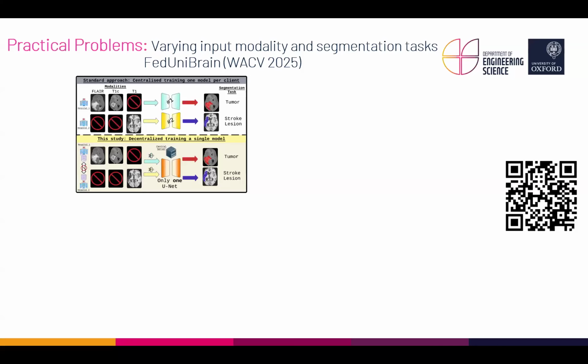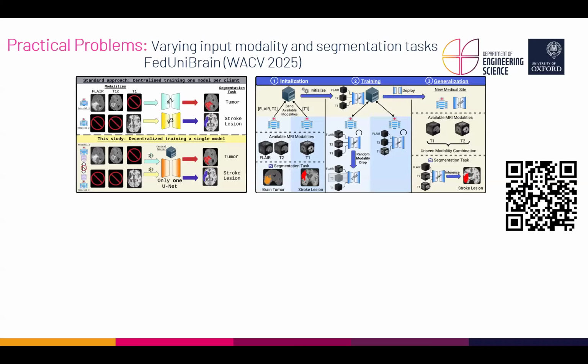So what we want to do is, instead of individually training models in different clients, we want to build a federated learning model where we can collaborate with these different institutions that prescribe different types of MRIs or different types of tumor segmentation tasks or stroke segmentation tasks, etc. And we want to build a unified model across these different clients. So we want to train our model across different clients that have different types of inputs and also different types of tasks. So you can think of this as a foundation or as a basic idea behind building federated foundation